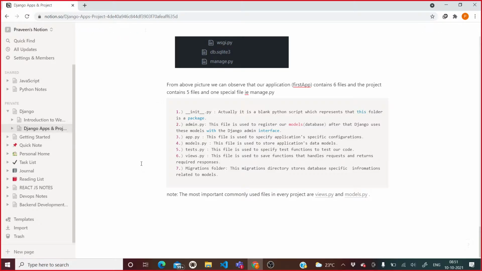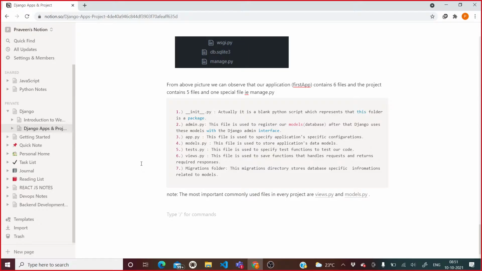There are some special activities required whenever you work with a Django application and a Django project. Right now we have created an app and a project, but both are independent, sitting in a particular folder.